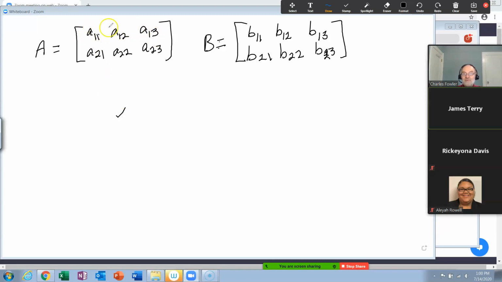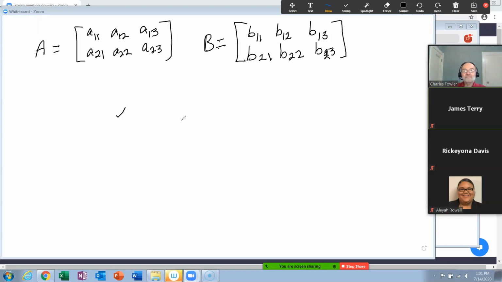Zero, zero, zero, 0, 0, 0. Yeah, that's a 0 matrix. And when you would add, say, B to that matrix, you would get B. Add A to that matrix, you get A. So yes, there is a 0 matrix, and any matrix from that set of other matrices that you add to that 0 matrix, you're going to come out with the same matrix you had to start with. So there is a 0 additive identity element.